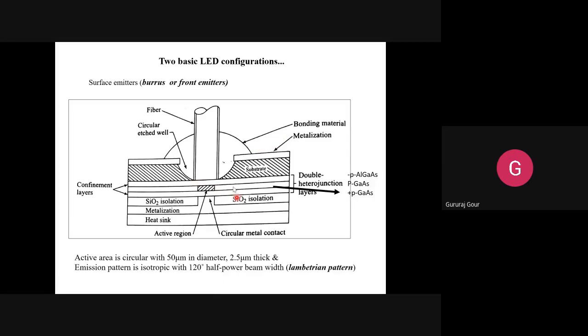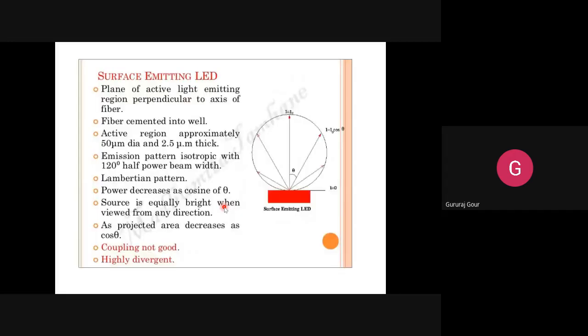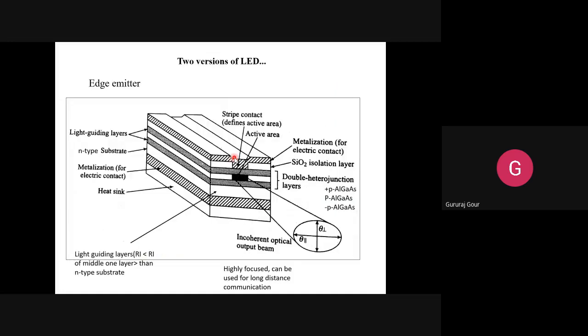That is, the active layer is the main heart of the operation, where recombination is happening. How the surrounding two layers are acting like cladding or light guiding layers, with the middle layer as a core, and why this etching well is made, and how it works in the operational part. You can explain these things. This one, the radiation pattern, and those things. So this is all about the surface emitter LED. So next we'll go with the edge emitter.